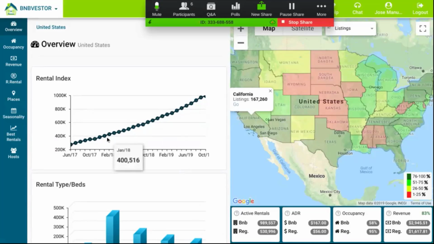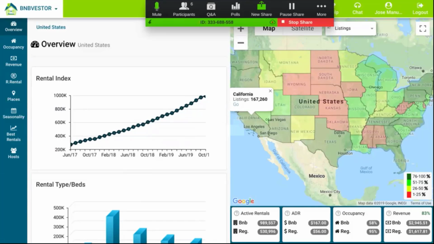If we go back about a year, in October last year, there were 603,000 properties listed on Airbnb, but today we have almost 1 million properties. It shows how much the industry is growing.